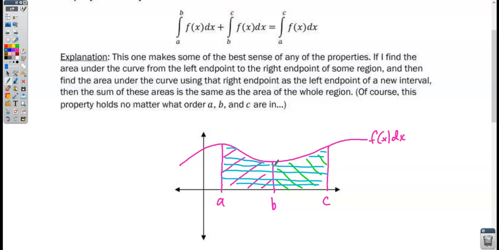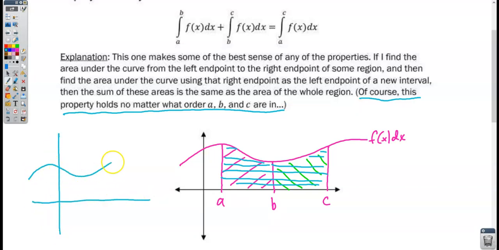And I note here in parentheses, this property does hold true no matter what order A, B, and C are in, because of what happens with area being accumulated from right to left being the opposite of left to right. And you can go through, and if you wanted to, you could sketch something with these in a different order. Maybe we'll do A, C, B, like so. It is still true that the integral from A to B,